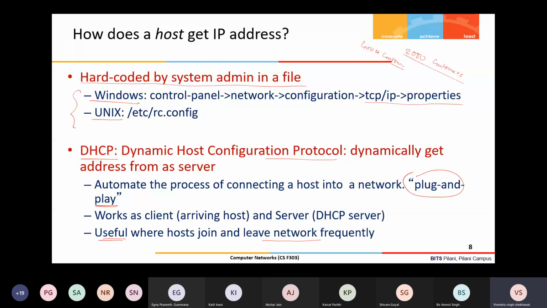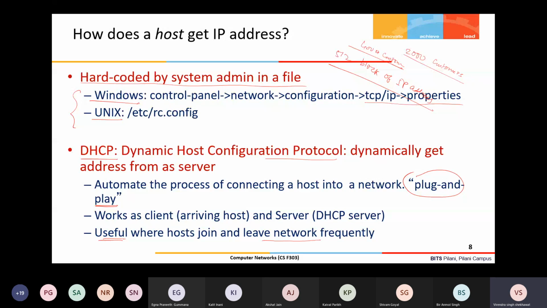If you hard code, then you have to give 2000 IP addresses, at least a block of 2048 IP addresses. But you know that my requirement at a time is not more than 400 IP addresses, because at a time my users are not more than 400. So you can survive with a 512 block of IP addresses, a 2 power 9 block is sufficient for you, and then you can use DHCP.